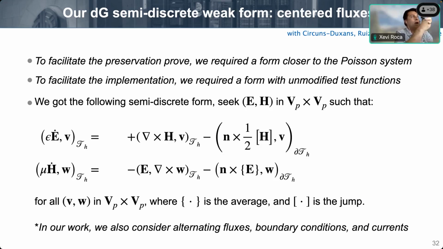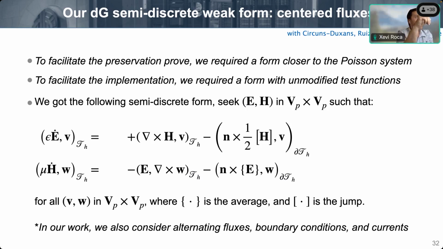And we put two requirements. To facilitate the preservation proof, we required a weak form that is closer to the Poisson system. This is what we want. But we cannot forget that you could say, let's implement the discrete form directly, and some people do similar things, but we wanted to exploit our existing DG code structures to be able to implement a new method. So we put another requirement: we want the weak form to present unmodified test functions. And when we did this, we obtained the following